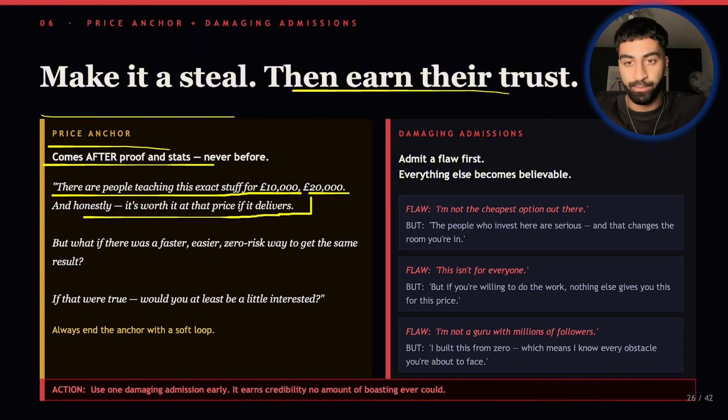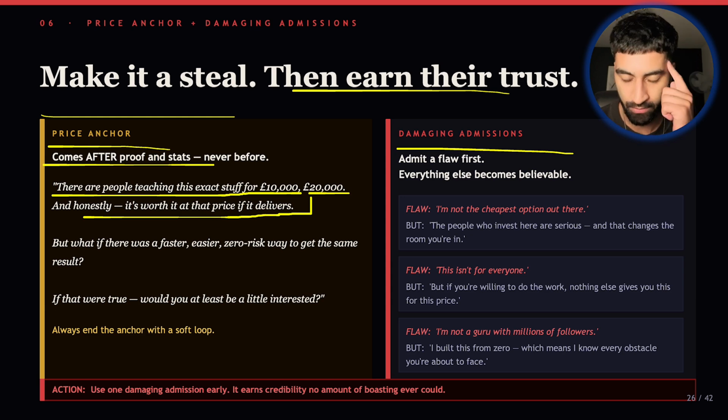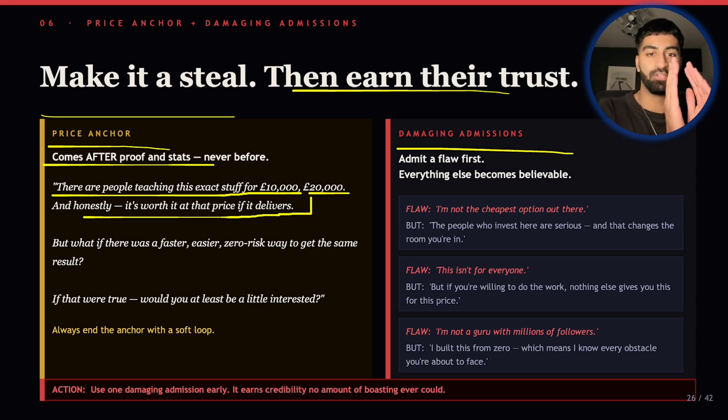Next is another beautiful strat. I put 2 in one slide because why not? Damaging omissions. So just human psychology. If you admit a flaw about your own product, people trust you 100 million times over. It's literally an insane strat, because imagine you're trying to sell someone, but they admit a flaw, but then they add the word but and twist it to something positive.